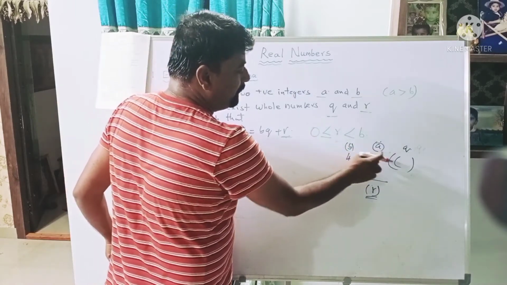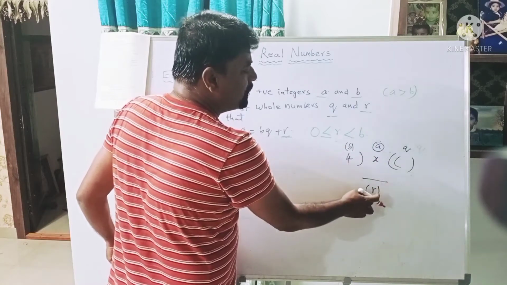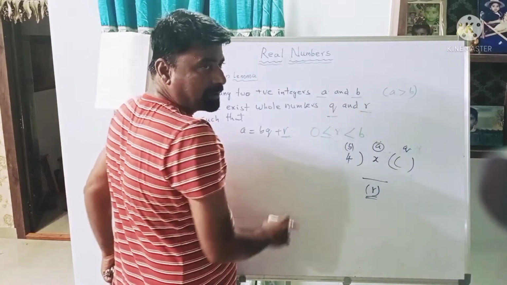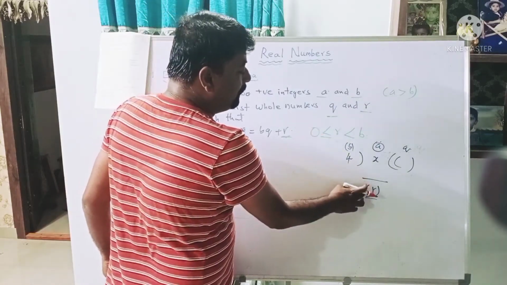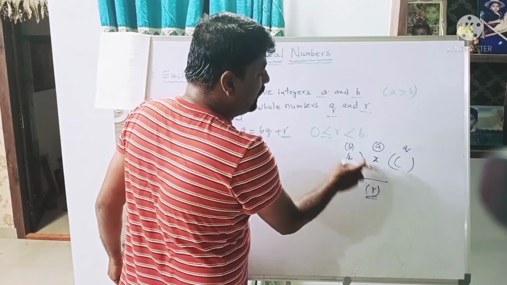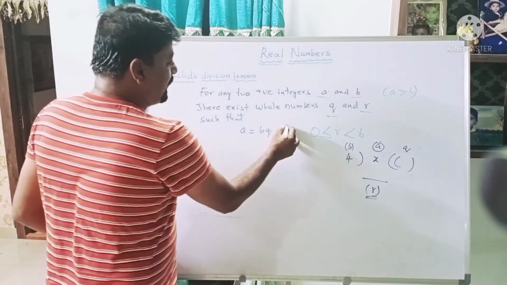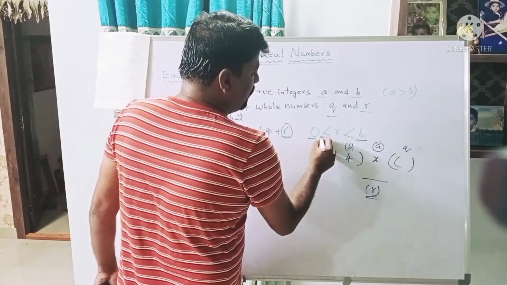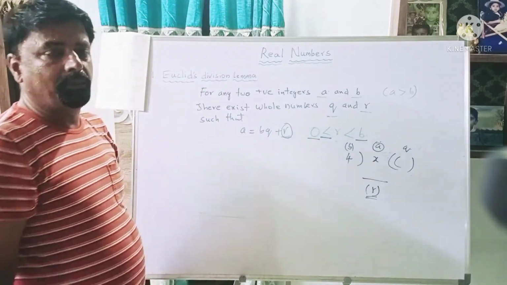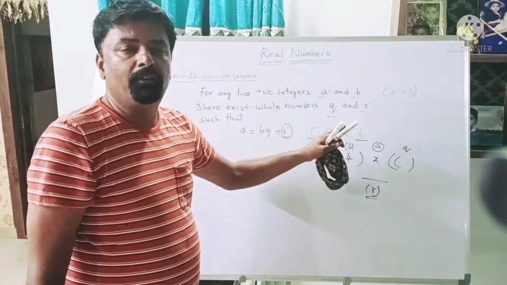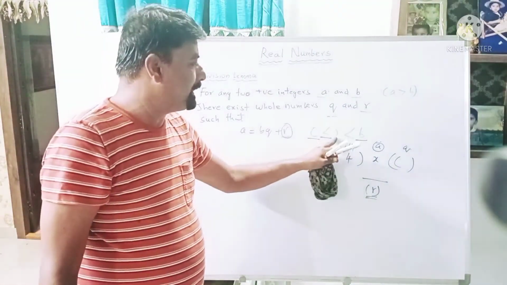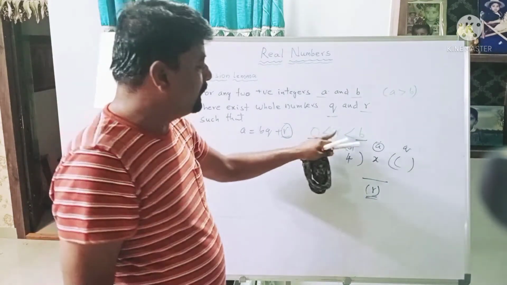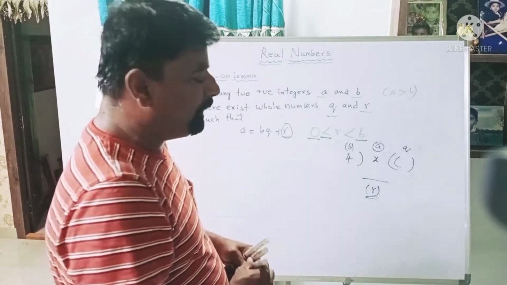Sometimes when you divide one number by another number, you may get 0 as the remainder. Sometimes you may get more than 0, also, beta. But it will not be more than 4. I mean it will not be more than B. So this remainder lies between 0 and B. Sometimes it may be equal to 0. This concept you have to frame in your mind, beta. The remainder is always less than B and greater than or equal to 0. You want to frame this concept in your brain.